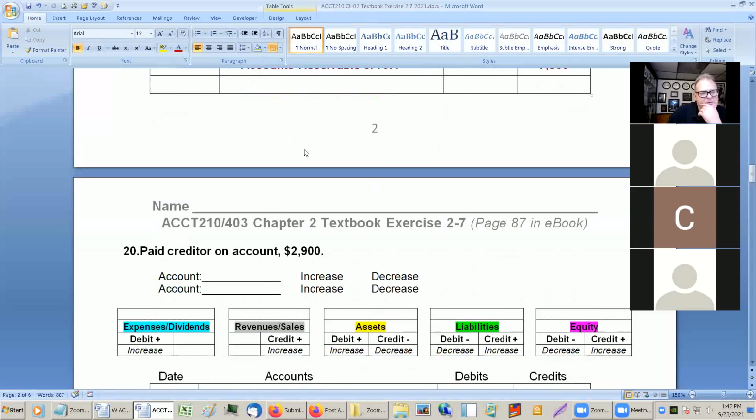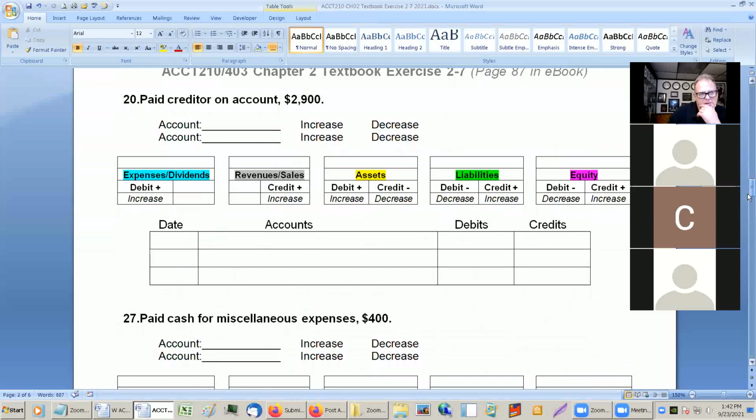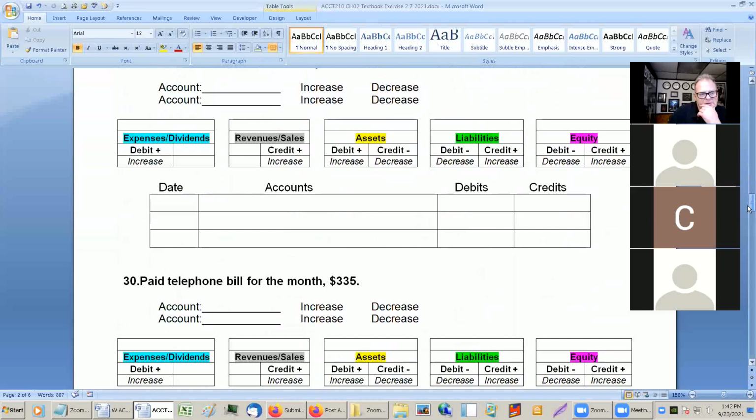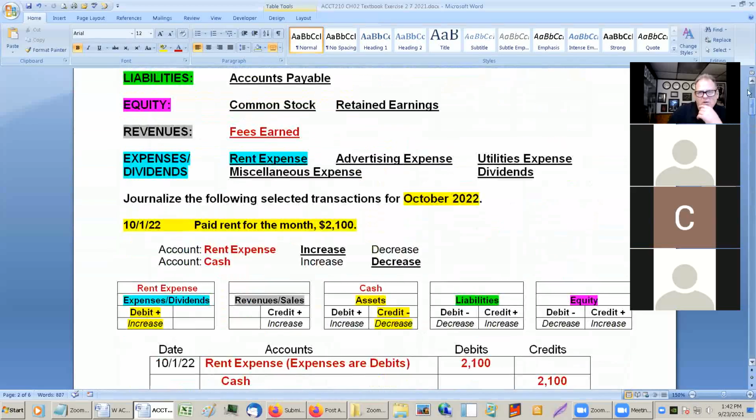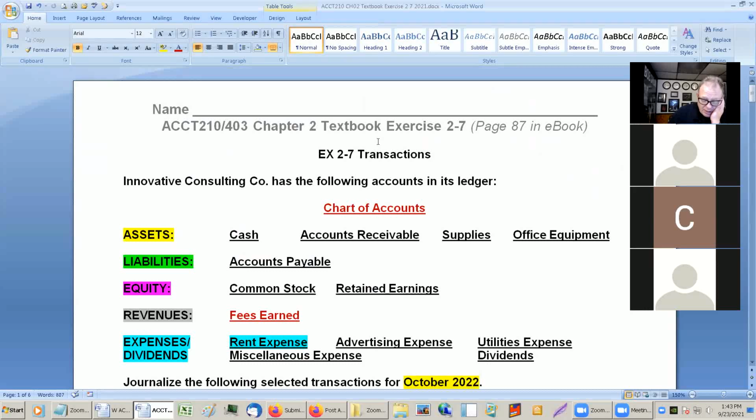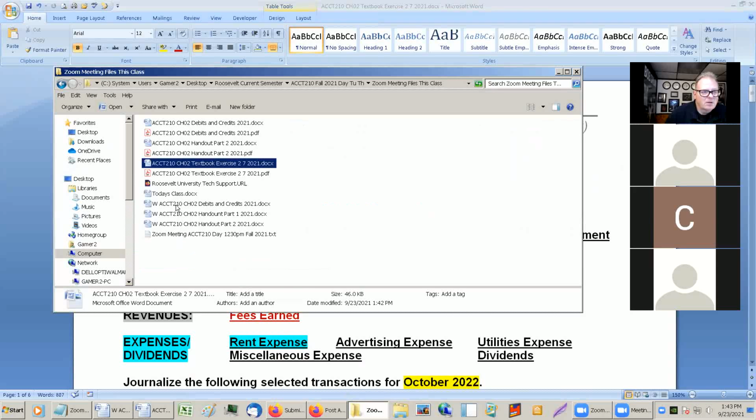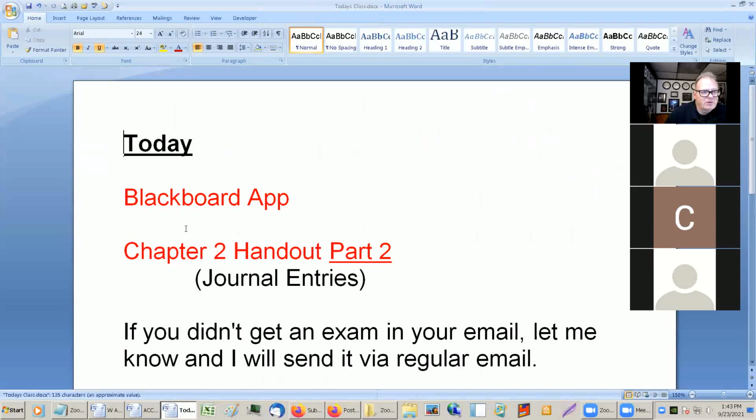Okay, let's go ahead and save this. We'll hold off. Next class we'll finish this thing up, and then we'll do the practice exam, and then I'll send out the exam, and the exam will be due not this Friday, but the following Friday. Oh, I didn't put up what we're going to cover today in class. Okay, so this would be